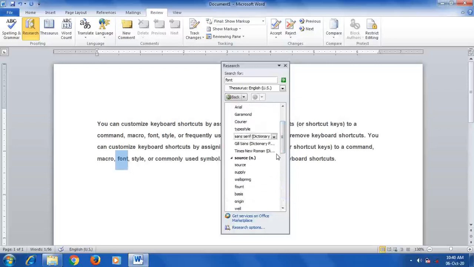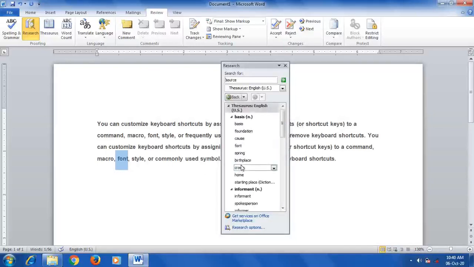If you want to replace any word, in that case select the word. When you take your mouse pointer there, automatically you will get the outline for that text. I want to replace this word foundation. Just take the mouse pointer to that drop-down button and click on the Insert option. Automatically the new word gets replaced in the place of the existing word. You can replace a word by using this technique. So this is the thesaurus option. Thesaurus is mainly used to improve vocabulary or to find the synonyms or antonyms of a selected word,